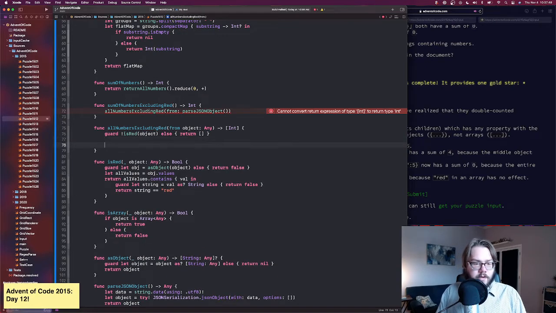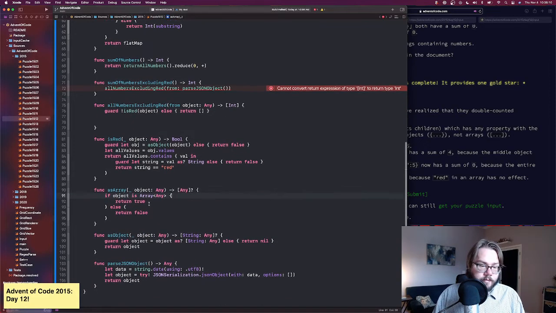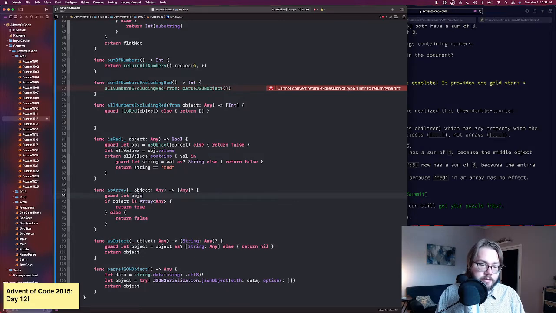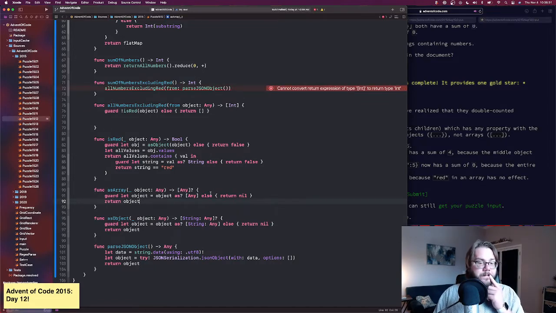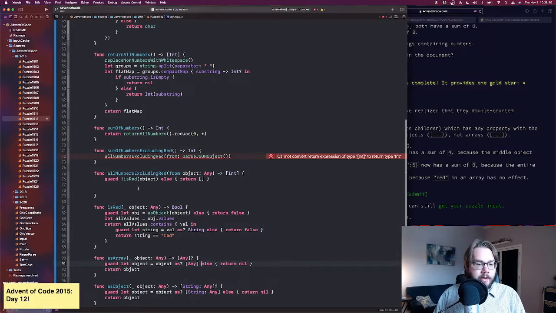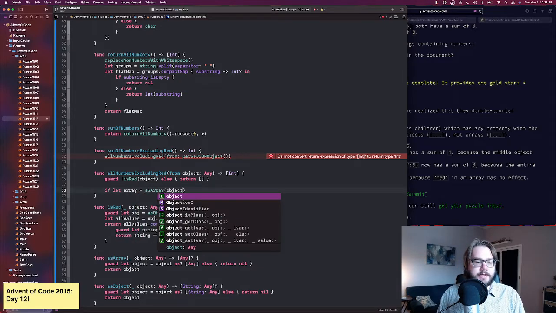Okay, so all numbers. Now we have to do this recursive thing. So we're going to do if, oh geez. Okay. As array. Let's do this. I'm going to do this as array like I did before. This is going to be an any. Guard let object equals object as an array of any, else return nil. Object, and we're going to return object. That should be all I need. Oh, you know what's stupid? I could probably just return object as any, and that's stupid. Anyway, silly me. If let array equals as array object, then